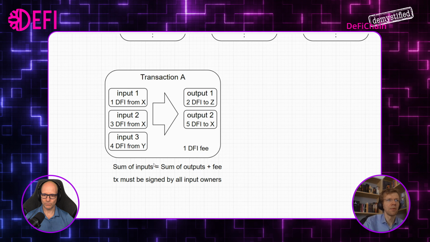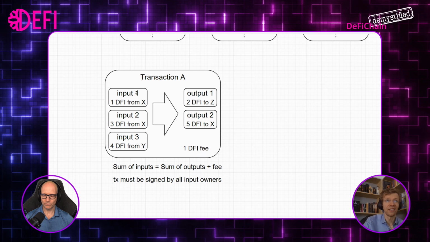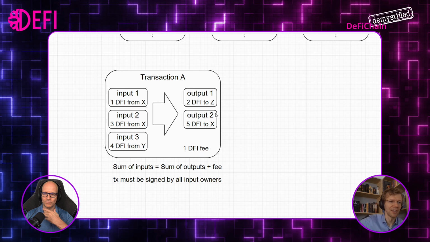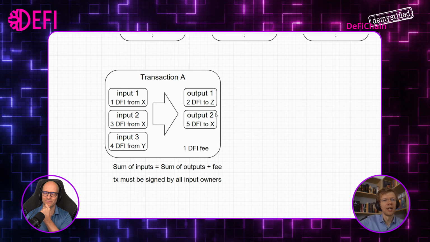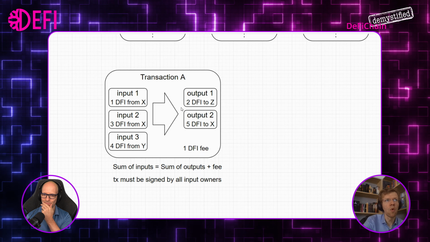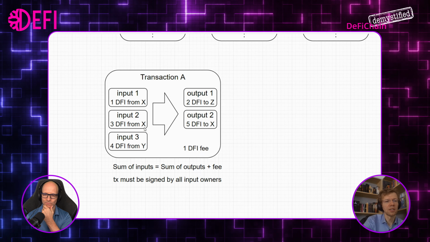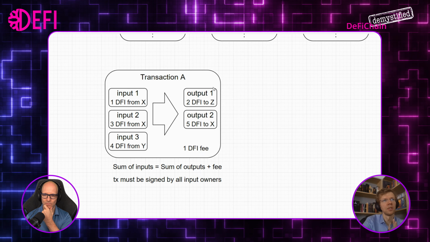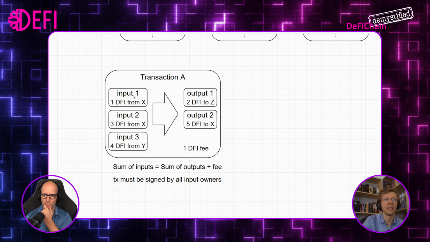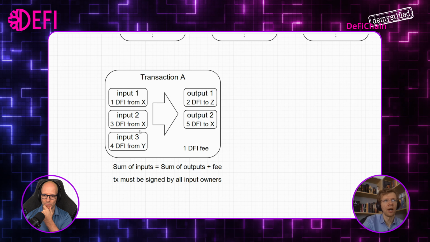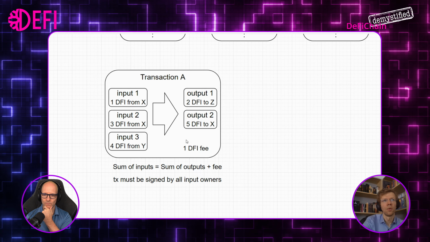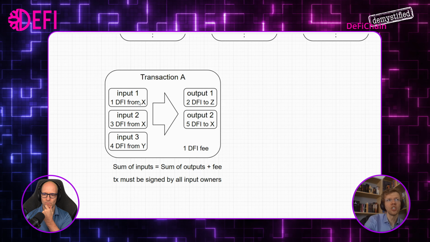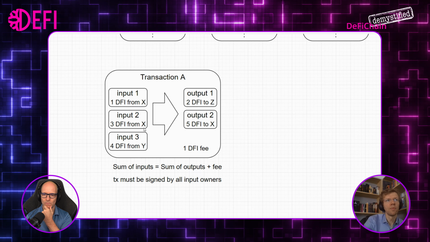So you can put an arbitrary high fee. You can theoretically have a lot of inputs and no outputs and just pay a lot of fee for the miner. They would like that, but you can't spend more than you get in. So that's just part of the mathematics behind it. The sum of inputs needs to be the sum of outputs or higher, and how much higher defines what fee you pay. And the other thing is, one transaction can have inputs from multiple addresses.